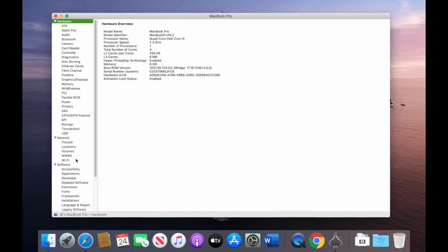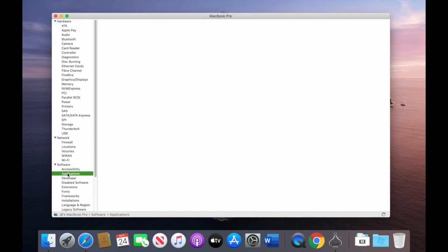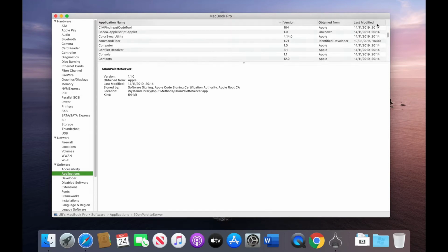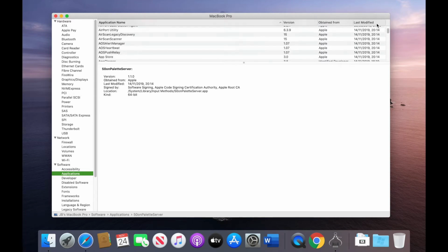go into system information and then look for software and then scroll down to applications, let it load, and then what you'll notice is that there'll be a column that will say 64-bit. There'll be a yes if the application is 64-bit, and if it says no, then those applications are 32-bit. Now just make a note of all those applications in this list that are not 64-bit because they won't work,